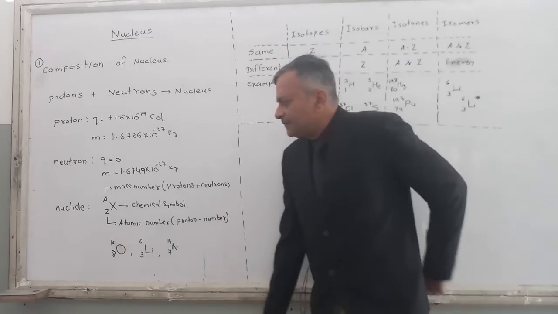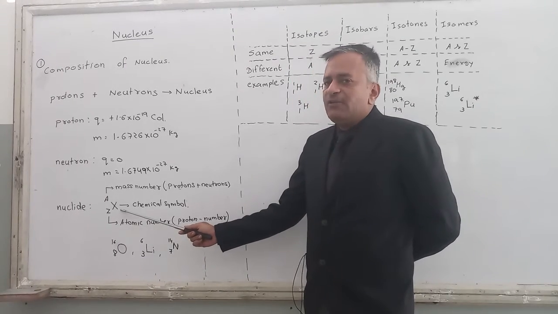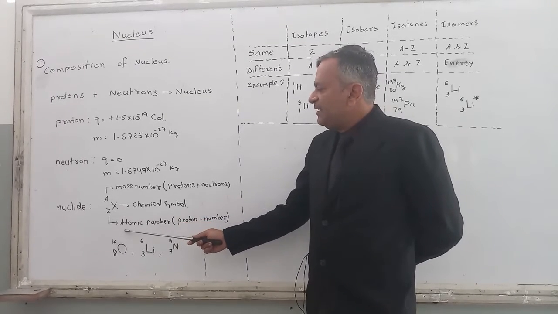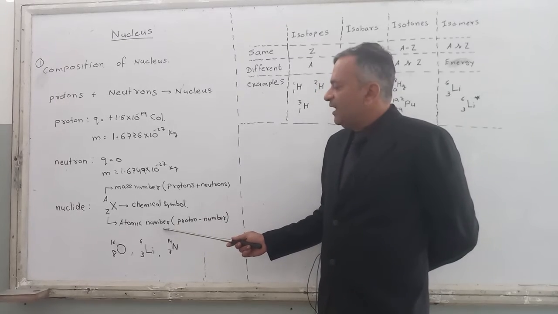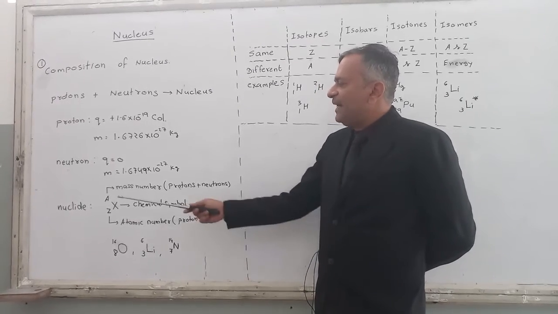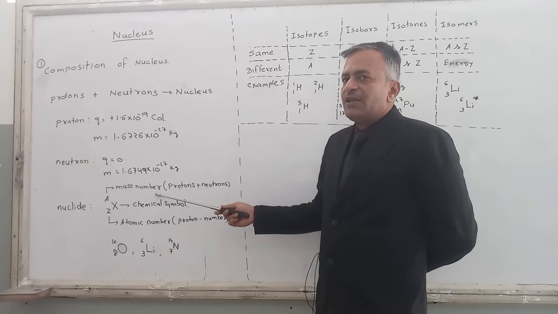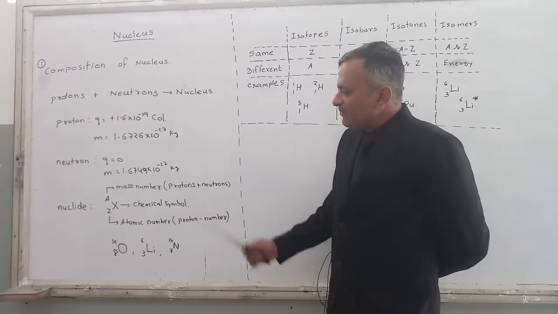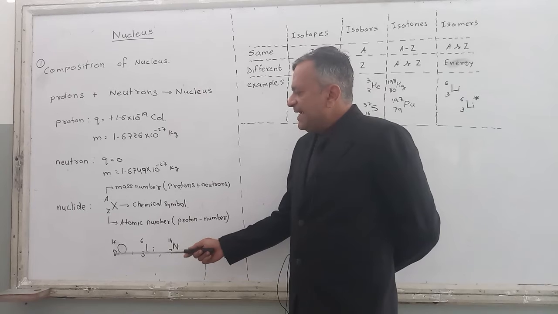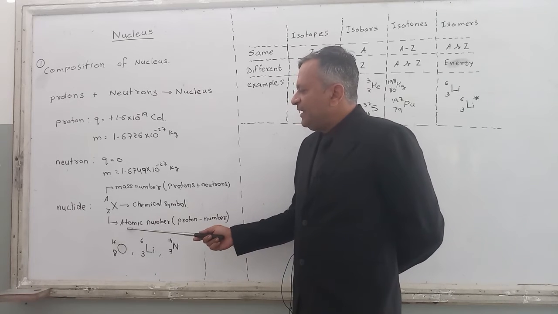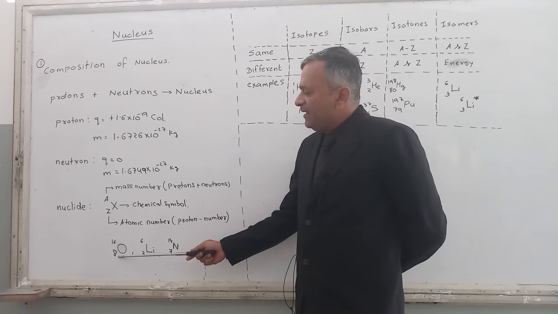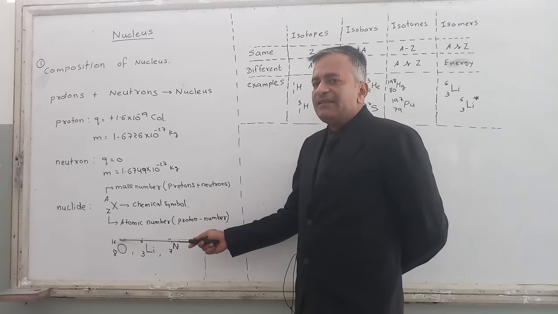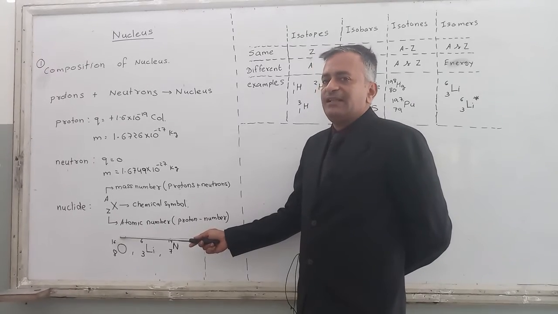Okay, here is the way of writing a nucleus. The chemical symbol comes in place of X. Z is the atomic number, which is the number of protons in the nucleus, and A is the mass number, which includes the number of protons plus the number of neutrons. Just like this, O816. So 8 is the atomic number, that means they are having 8 protons, and 16 is the mass number, which means there are 16 protons or neutrons inside it.